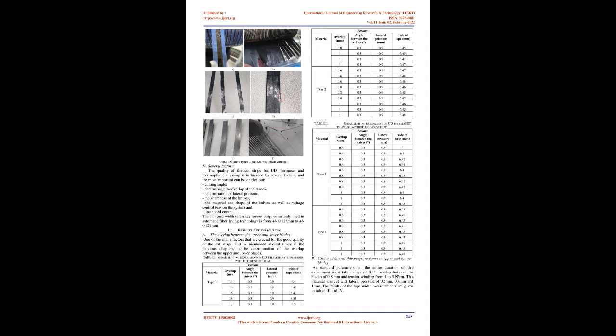Fig 5a shows a cut band of 6.35 mm. From the picture it can be seen that the cut ends are not flat. The reason for this defect can be the high tension when winding the cassettes, as well as the high temperature of about 30 degrees Celsius when cutting the material. Figure 5b shows that some of the strips are not cut at all. This is due to the fact that the overlap between the blades was about 0.4 mm, which is not enough to cut this type of material.